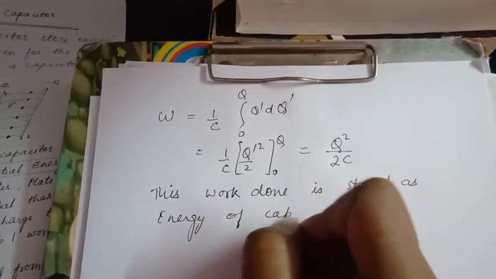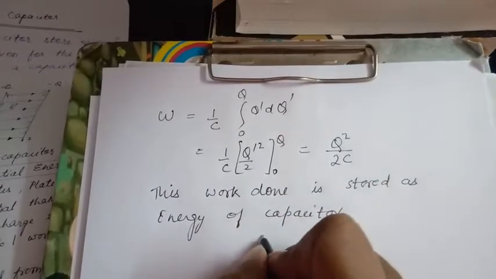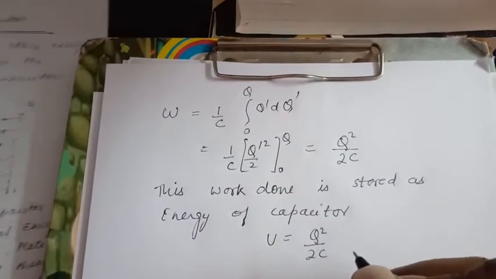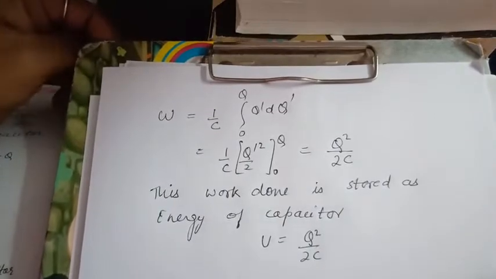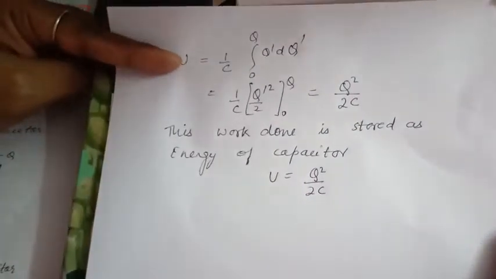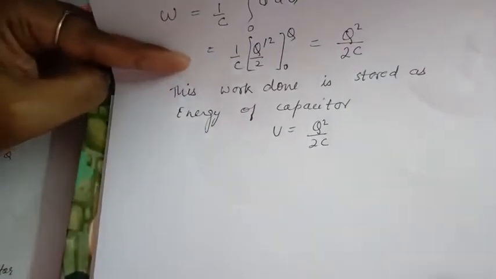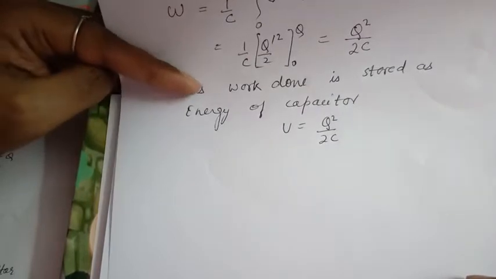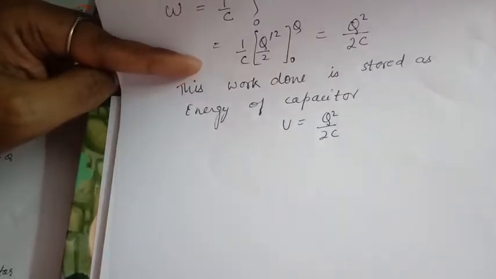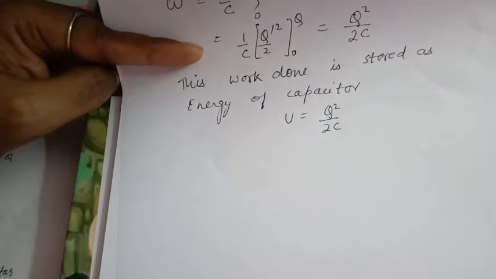And if we put the value of the energy stored, Q square upon 2C, we can put the value of capacitance for a parallel plate capacitor also, and we can write the energy in that form also. This is the final result for a single capacitor. Now if there are n capacitors combined in series and parallel, how do we combine the energy? How the series combination takes place, we have learned. How parallel combination takes place, we have also learned. Now using those formulas, we have to add the potential energies for n capacitors.